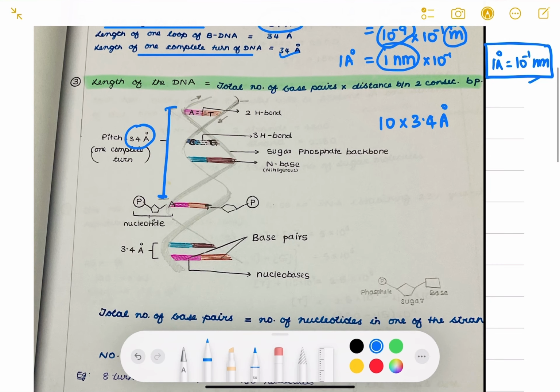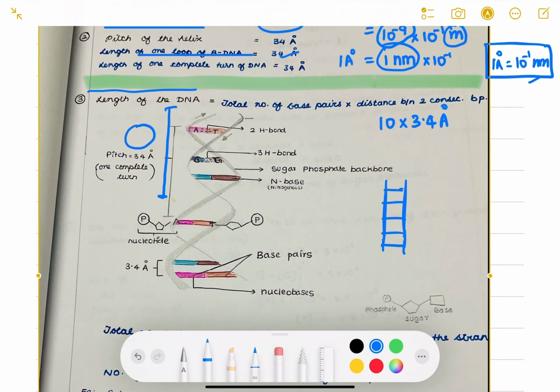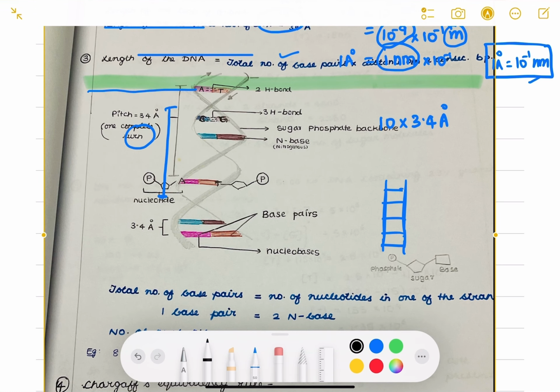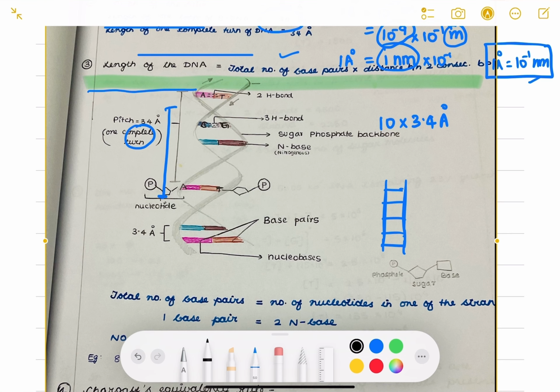Moving on to the third type of numerical, the length of the DNA. Whenever they give you the length of the DNA, you should remember this: the total number of base pairs present multiplied by the distance between two consecutive base pairs, which is very obvious. Let's say, for example, just a rough sketch. What would be the entire length of this